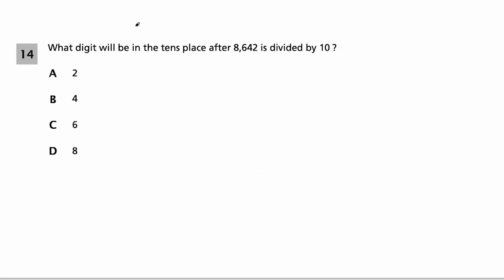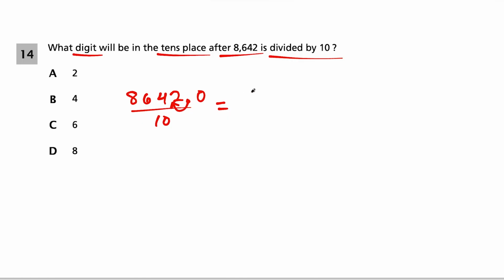Question 14, here's a nice place value question. We want to know what digit will be in the tens place after 8,642 is divided by 10. Well, remember, when you divide by 10, the shortcut is that you just take the trailing decimal at the end. And if there is no decimal written, just write 0.0 and you move it 1 space to the left. Okay, so we're just going to move this 1 space to the left, and this is going to give us